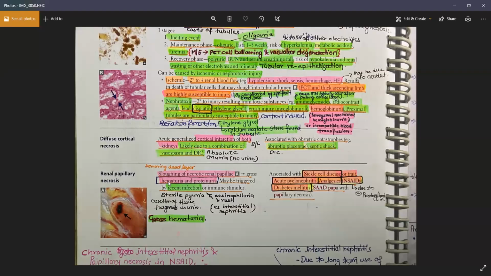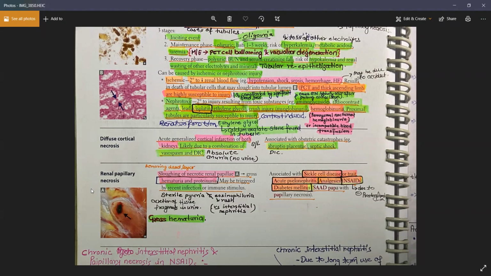It can be because of a recent infection. So the patient will be having a sterile pyuria. So hematuria, proteinuria, and a sterile pyuria without any eosinophilia. See, you can have eosinophilia in case of acute interstitial nephritis also. You can have a hematuria in that, you can have a proteinuria in that. So symptoms are very much similar, but if you do not have any cast, if you do not have eosinophils in the urine, then you cannot diagnose acute interstitial nephritis. In that case, you need to give the patient a diagnosis of renal papillary necrosis.